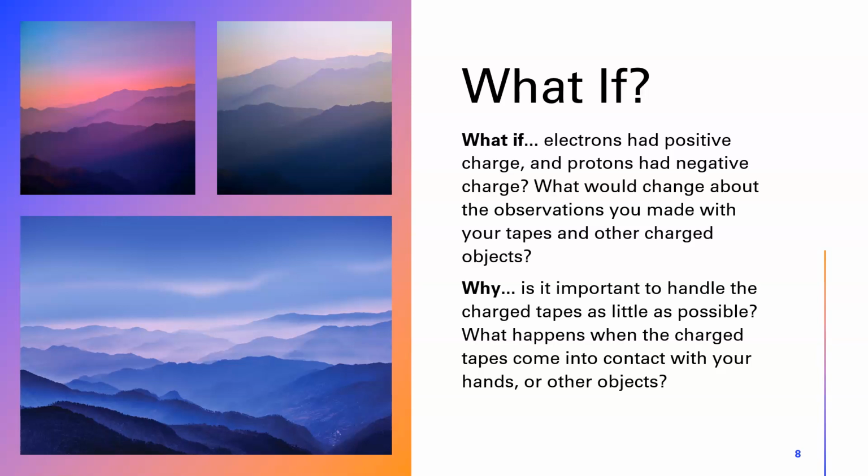And then why is it important to handle the charged tapes as little as possible? And what happens when it comes in contact with your hands or other objects? When you charge the tapes, they are charged with that many electrons at that given moment. But when you start interacting with other objects, those electrons are going to discharge onto them or net out to zero, like with your hand. So it can cause inconsistent results, and we might not get the same accuracy of data as if we had the right charge without any discharge